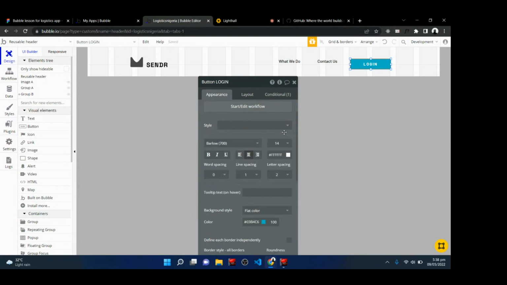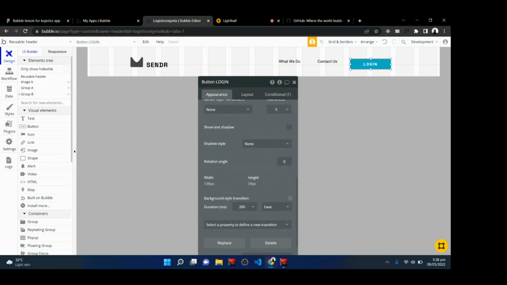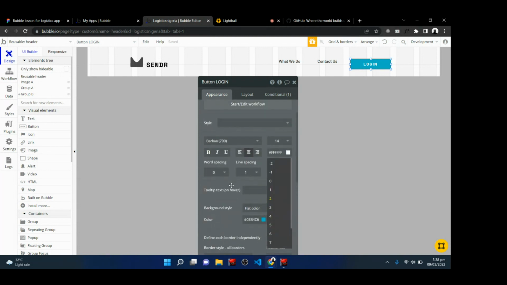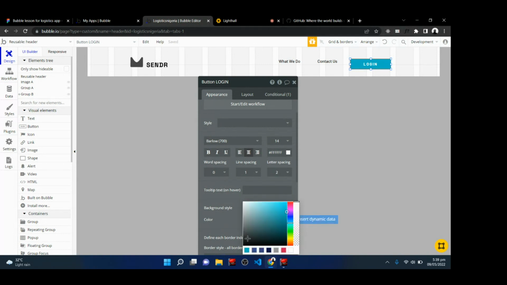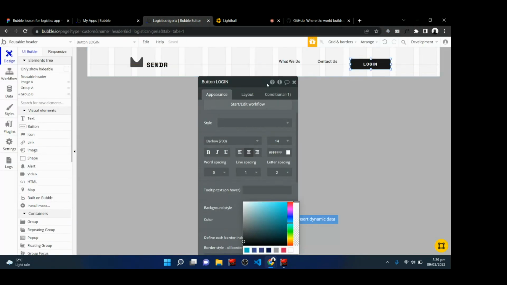When you click on remove style, then you come here, scroll down. Let's change, if we scroll down, I would want us to change the color of the button to black, like what we have here. Then for the height of the button,